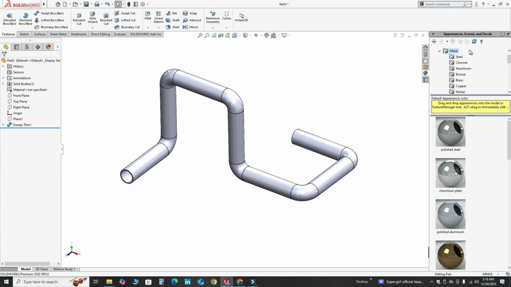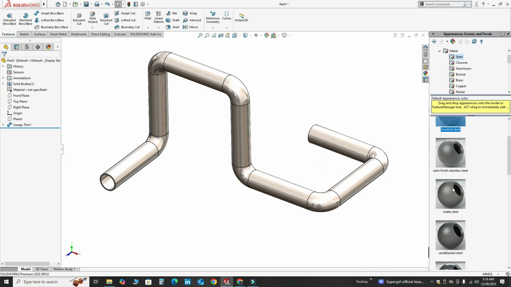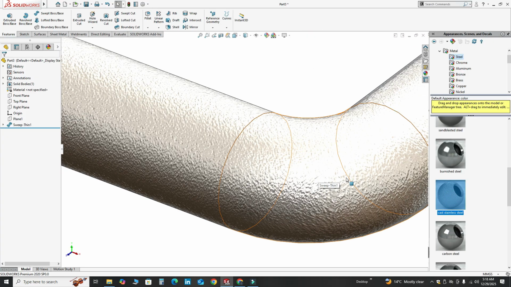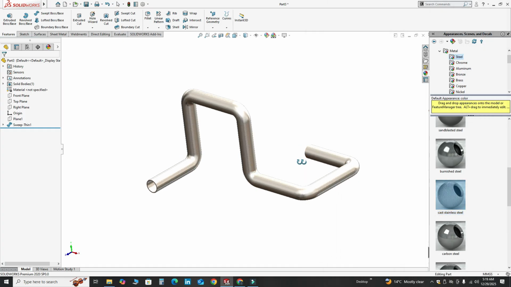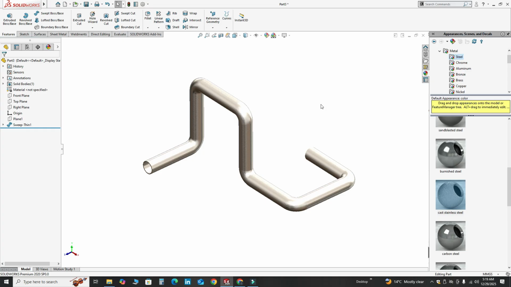So here you can see I have different subcategories as well, like steel, chrome, aluminum, bronze, brass, copper, etc. So I will go to this option, steel, and here you can see different appearances like polished steel, brushed steel, and let's use maybe this one. Here you can see different grains on this pipe. So that's how you can create a 3D pipe inside SolidWorks using 3D sketch command.